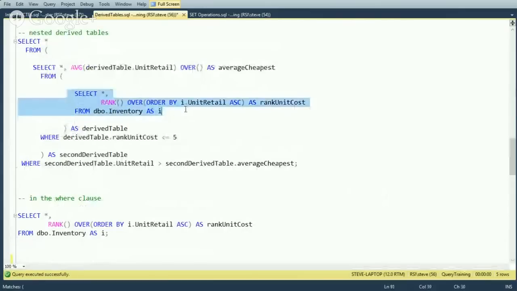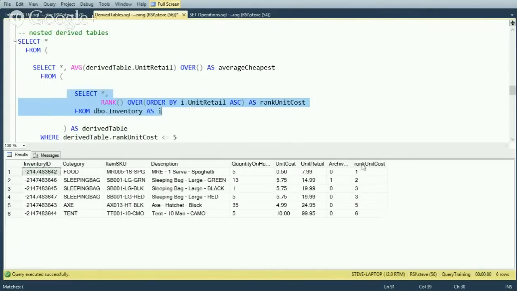So we're going to start with that same query we looked at a minute ago, where we're going to rank it ordering by the unit retail, which is the retail price. When we run it, we can see here they all are, and there's a tie in here actually, so we can see that 2 of them are at this same retail price of $19.99 here. We're then going to, in the next level out, average all of the unit retail prices, because we couldn't put that average inside of here because it doesn't work quite right that way. So when we run that,